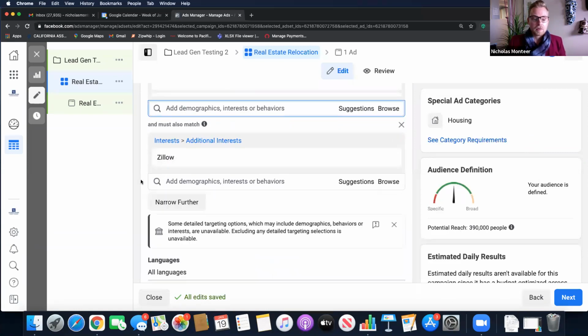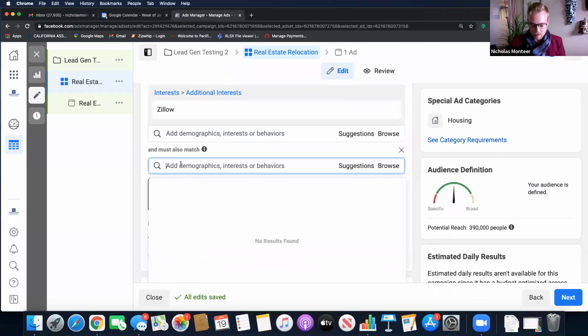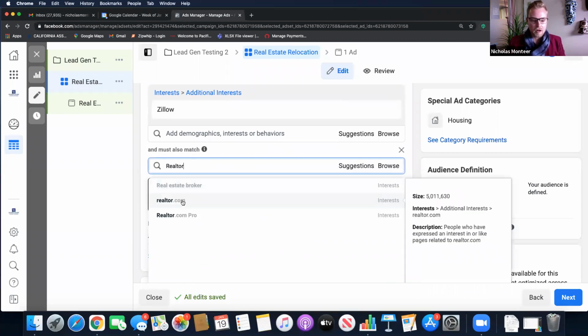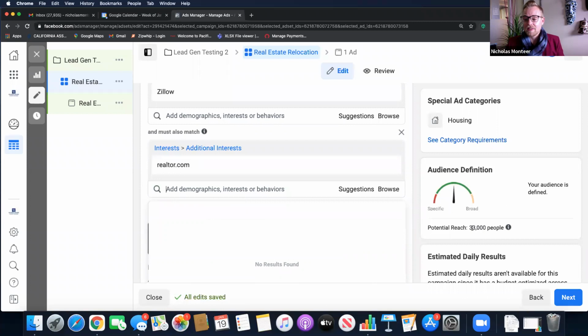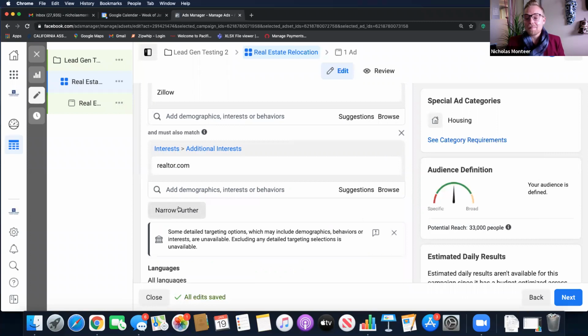And then I can do it again, narrow further. And I can say, I want to make sure you also have been engaged with realtor.com. Because I know if you're on two search platforms, it's probably going to be good. Look, it dropped to 33,000. I was talking to Peggy Castle and she was saying, hey, I would even go smaller. Personally, my audience was like 700,000 people when I did my ad. So you don't need to go this small, but I agree with her in the fact that the more narrow you go, the more money you're spending on fewer people. So you do get in front of fewer people more often, and the thing about marketing and being in the awareness of your people is being in front of them several times, right?